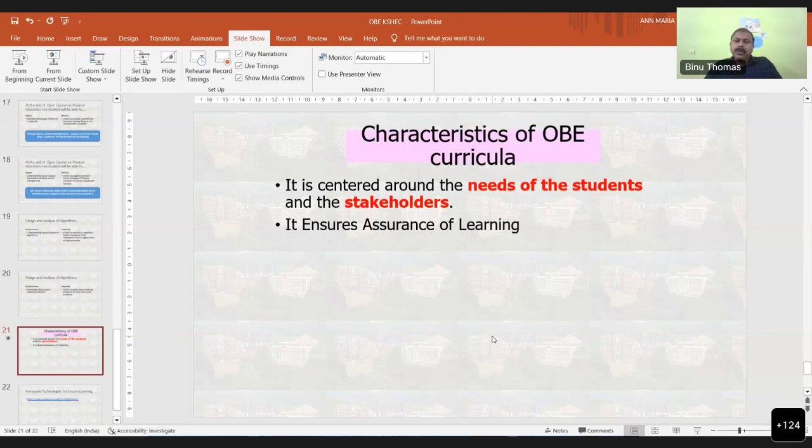rather than sticking to covering the syllabus by teachers, or concentrating on what grades are obtained by students, we need to move around the learning needs of the students, and we have to ensure that learning happens with the students. When we teach something, when we deliver a course, our focus should not be on covering the syllabus, or on the grades obtained by the students, but our focus should be whether the students are learning something, and whether the students are able to perform something,